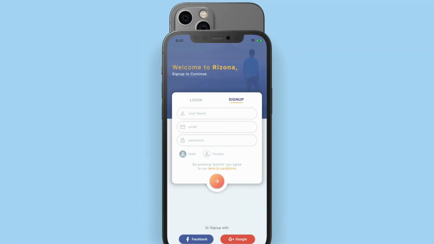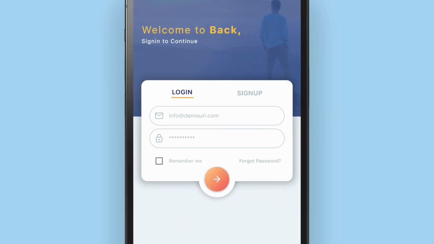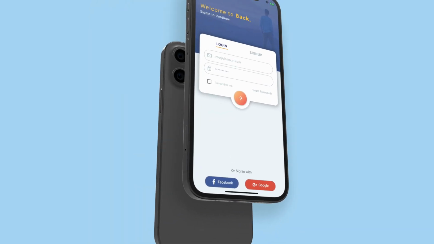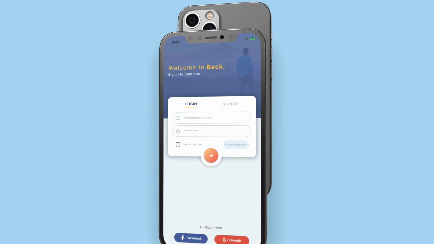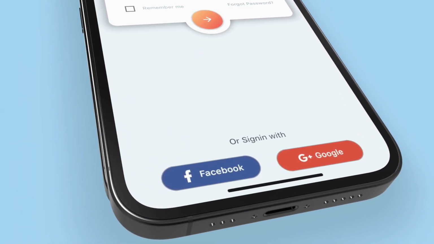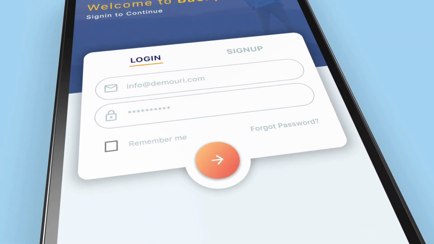Welcome everyone! In this video, we show you how you can create this login sign-up design. We will be discussing a lot about the position widget inside of a stack, how to add some basic animations without writing a lot of code. Also share some tips and tricks and best practices along the way that you can use when creating your app